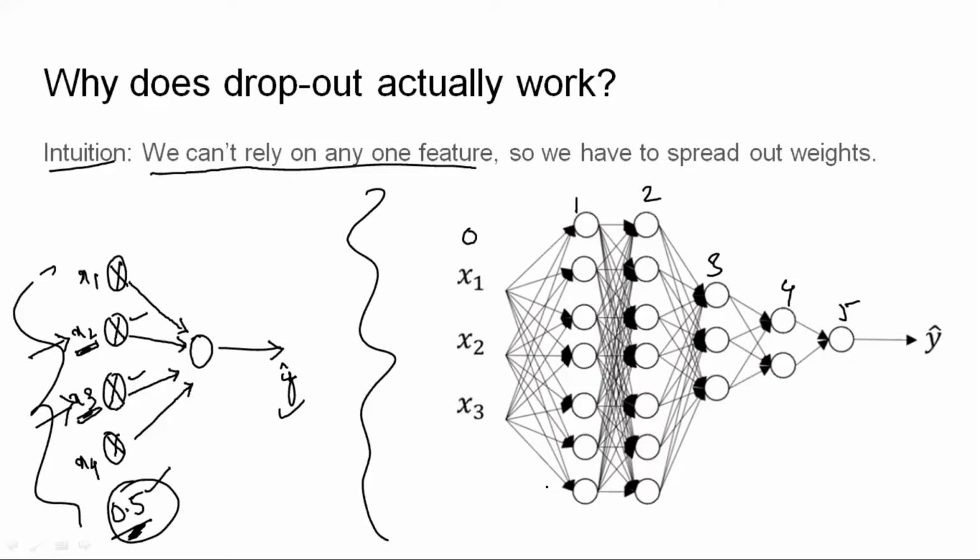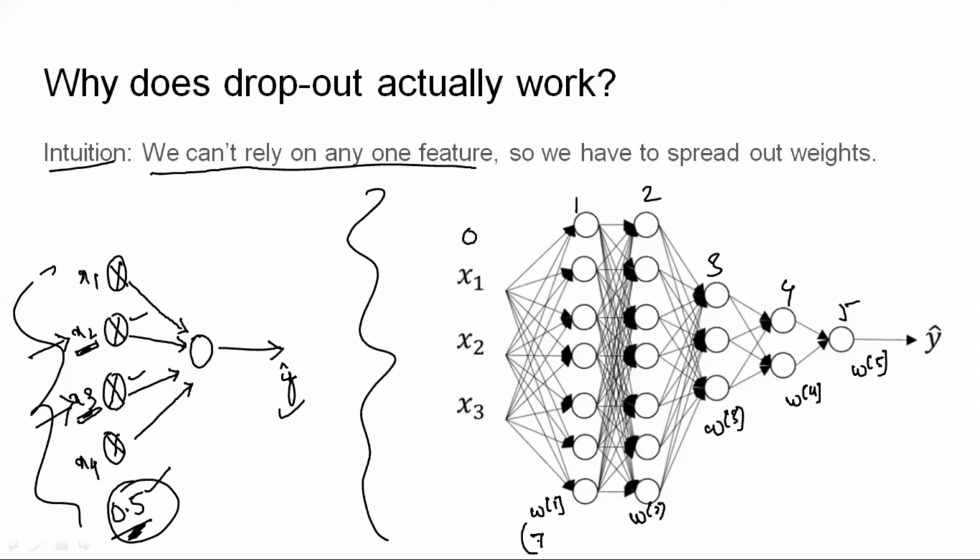write the dimensions of the parameter matrix W for each of these layers. So this would be W1, this would be W2, this would be W3, this would be W4, and this would be W5. So what will be the dimensions of W1? What is the number of nodes I have in this layer? 1, 2, 3, 4, 5, 6 and 7 nodes.